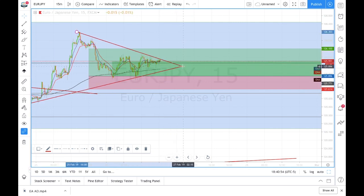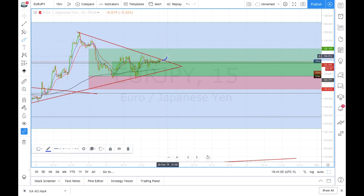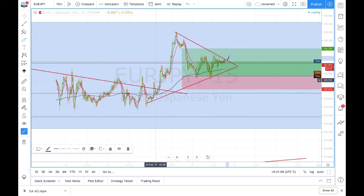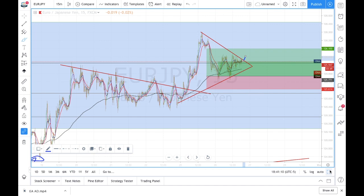So what I see the market doing is, you can clearly see that it's pushing to the upside, right? It's not really hanging around down here too much. And if we look at the Fibonacci levels,